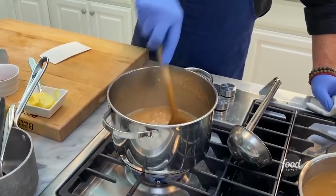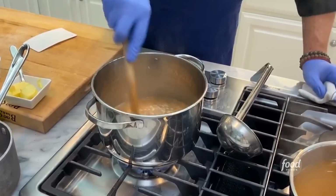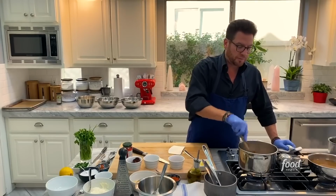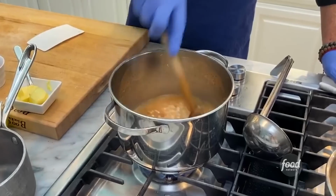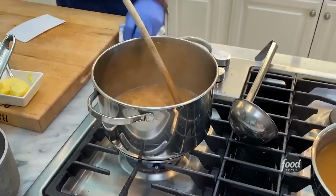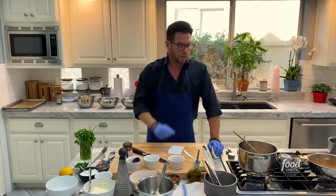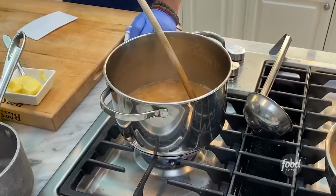So we're just going to keep stirring this, letting it boil. Again, that agitation is what creates that starch content being released from the rice and that nice creaminess that we're creating. The creaminess, the starch with the fat, with the liquid, all creates that beautiful texture of a risotto that